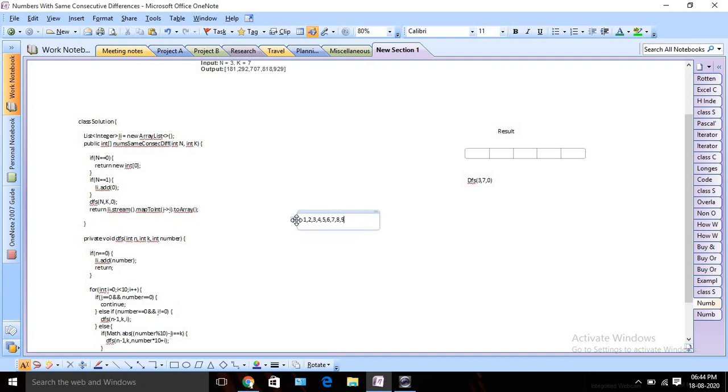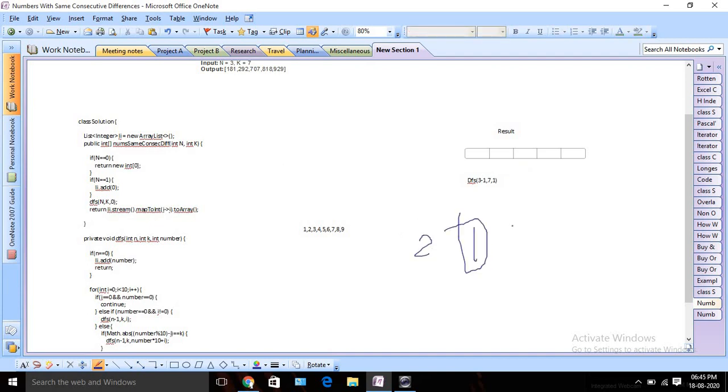Okay, so basically we need to pick one number at a time, right? At first I will pick 1 and I will check, and we are avoiding 0 since we don't need to consider a leading 0 number. So we will start from 1. I will put that 1 and add it to our actual number when my n value is 0, right? I will call my DFS with number 1 and I am going to decrement my n value. So n will be 2 and my number is 1.